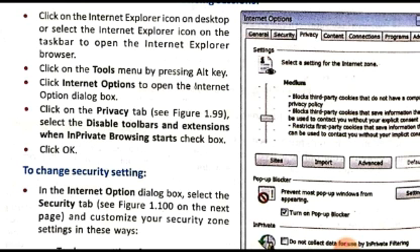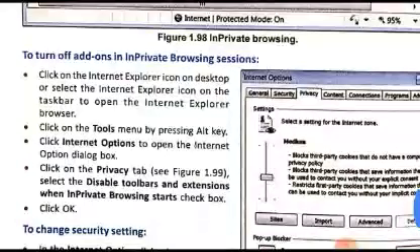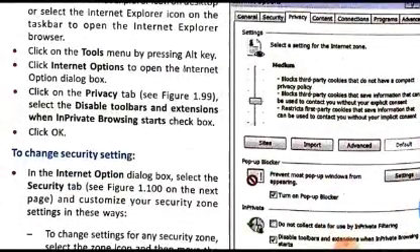In the previous video we studied how we can turn off different add-ons in private browsing sessions in the Internet Explorer browser just by using the Internet options dialog box. We have seen how we can turn off different add-ons, toolbars and extensions, and now in this video we are going to see, just by using the same Internet options dialog box of the Internet Explorer browser, how we can change the security settings in the browser also.